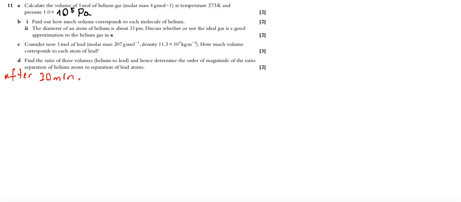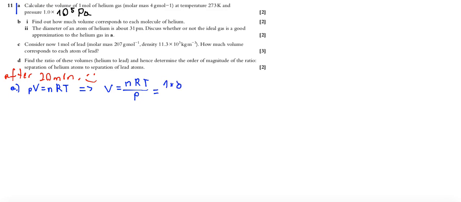Okay, after 20 minutes. So let's check. In the case of A, I'm going to use blue for A. Okay, you have to find the volume of 1 mole of helium gas at temperature 273 kelvins and pressure 1 times 10 to the power of 5 pascals. Of course, Clapeyron's equation, PV is equal to nRT. Question is about volume, so you can write this in the form nRT divided by P. So, to find volume, you have to know the number of moles, which is given, 1 mole of helium. Is it clear? So 1